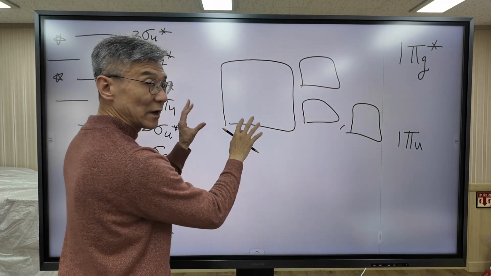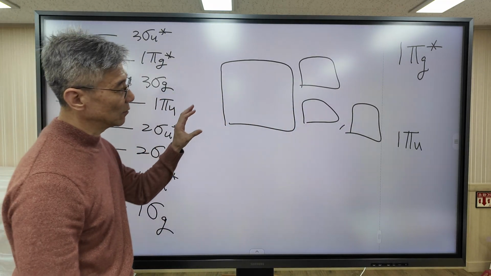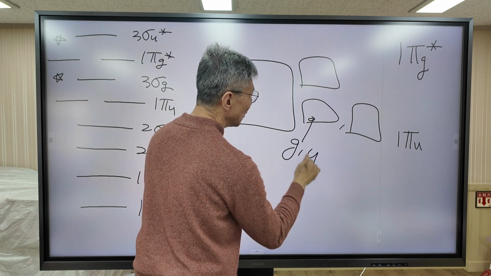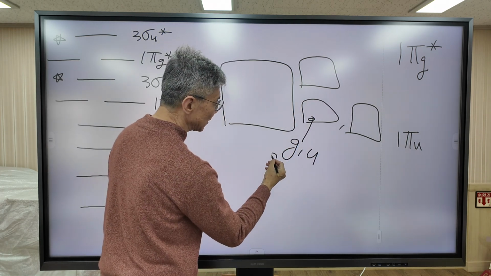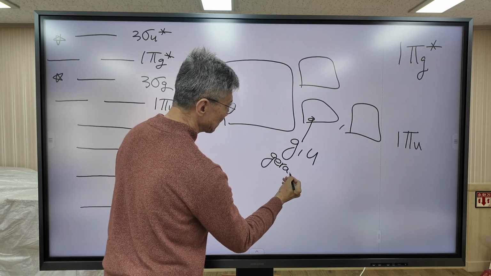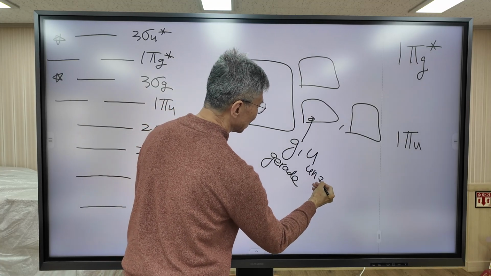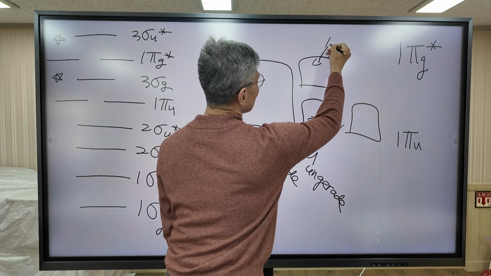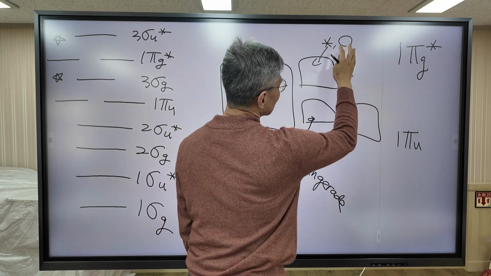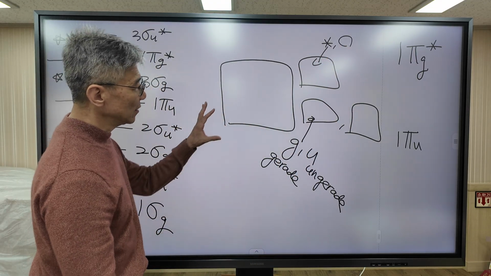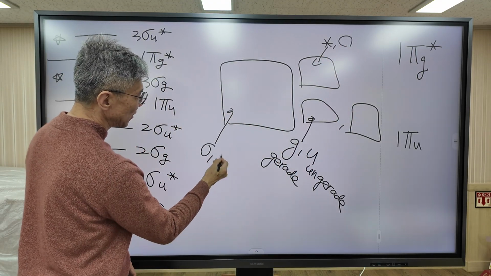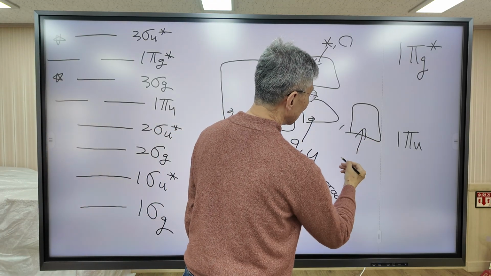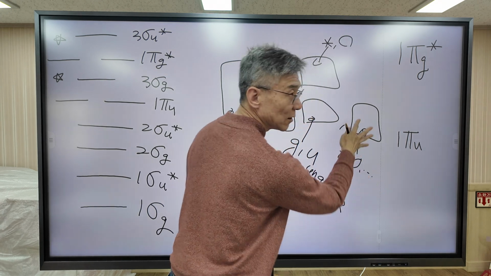This is the structure of the naming of the molecular orbital. First, in the naming of a molecular orbital, g or u comes here. G means Gerade. U stands for Ungerade. Here, an asterisk mark or no mark comes. And here sigma, pi, etc. comes. And here the naming of the atomic orbitals comes.